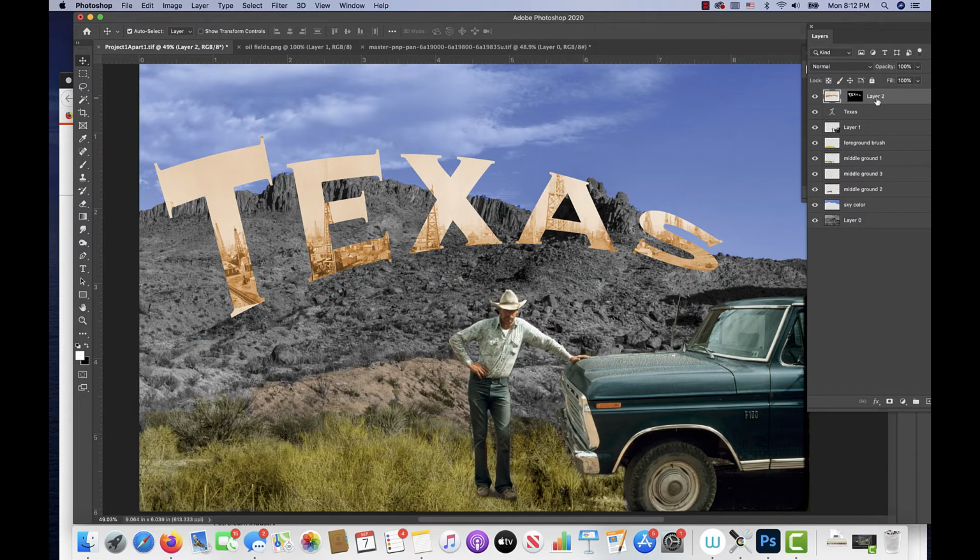And I just clicked on the layer to execute the warp. We still have the original text layer here because this was a paste into of the image layer. So underneath that, hey, if you mess up, you always have your original. So again, this is the image pasted into those same letter shapes. So now what I'm going to do with that